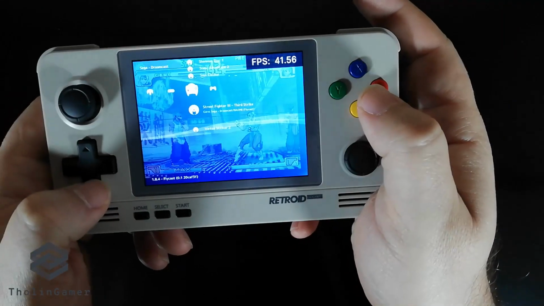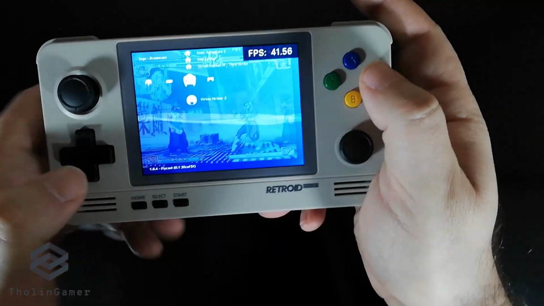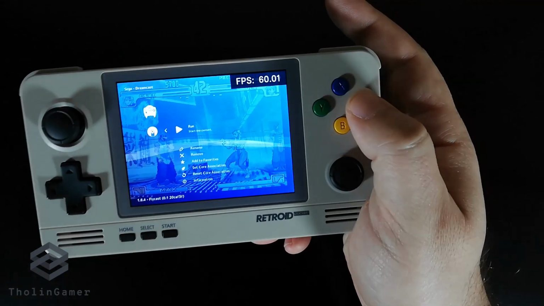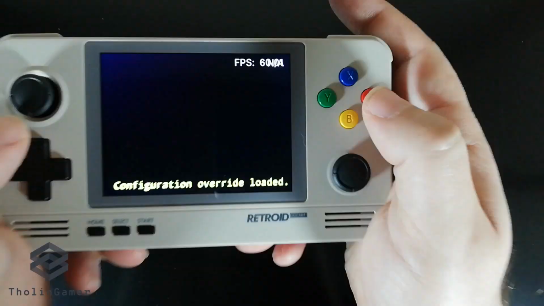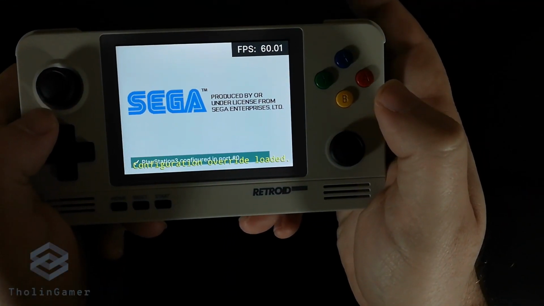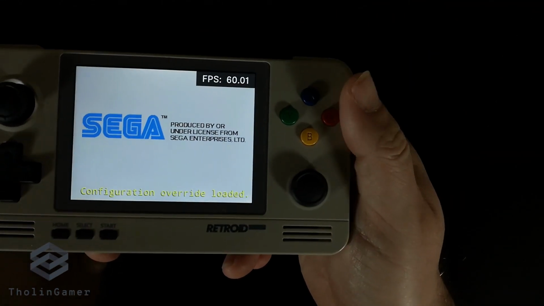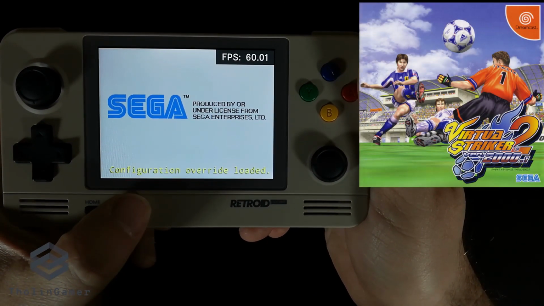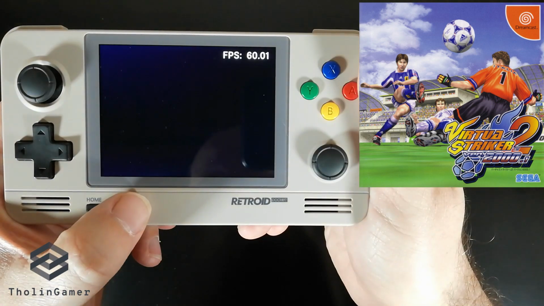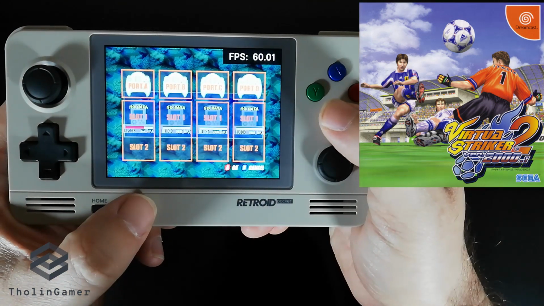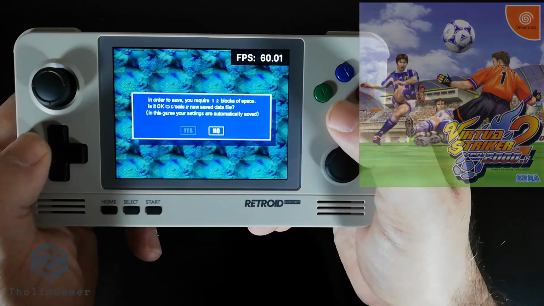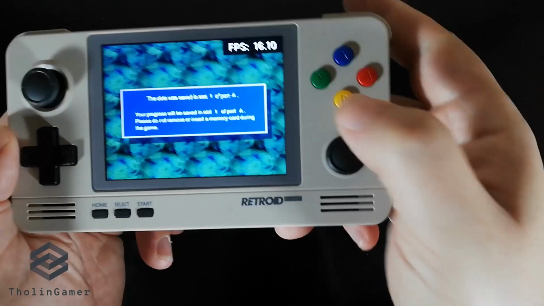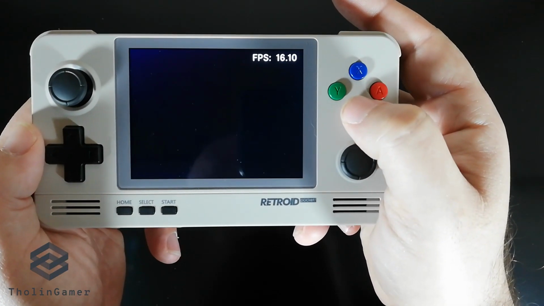For our 10th game, I have chosen a sports game for the most popular sports in the planet. We are talking about soccer, of course, as it is called in North America, or football as it is called in the rest of the world. And this game is Virtua Striker. This is the second Virtua Striker, or Virtua Striker 2. It was a major success in the coin-ops or arcades. I have spent countless coins playing versus modes with friends.